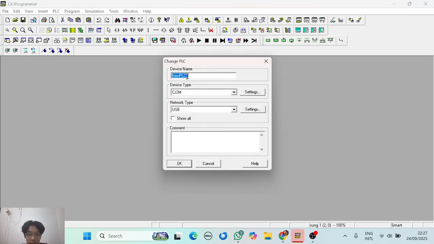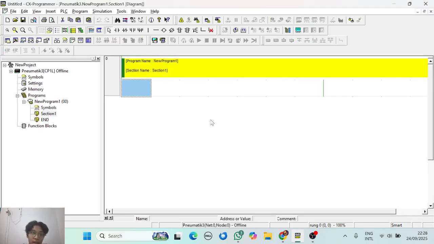First, we use the device name pneumatic 3. The device type we use is CP1L and the network type is USB.